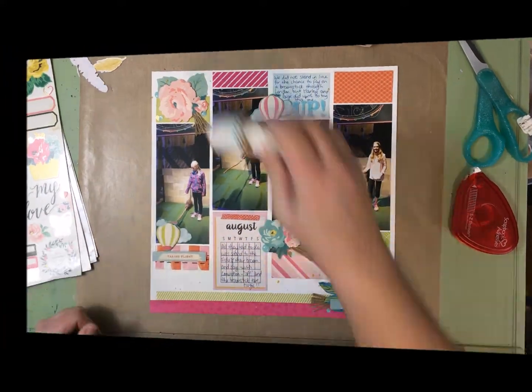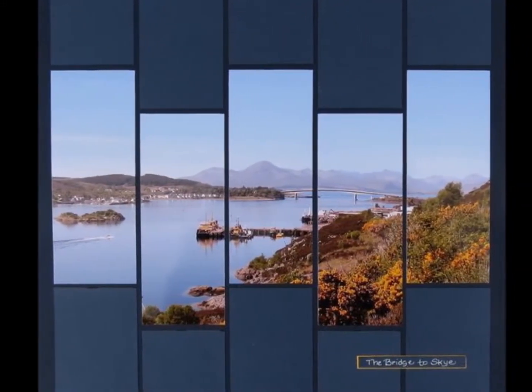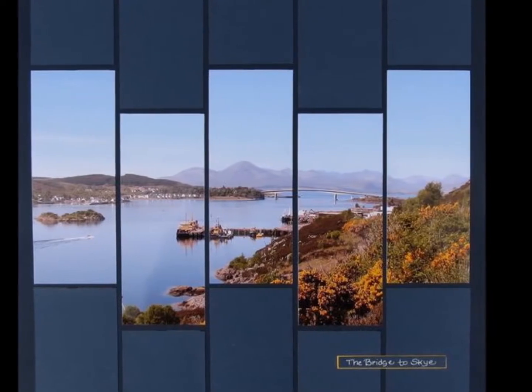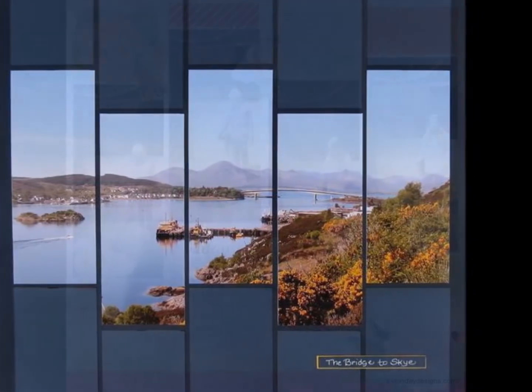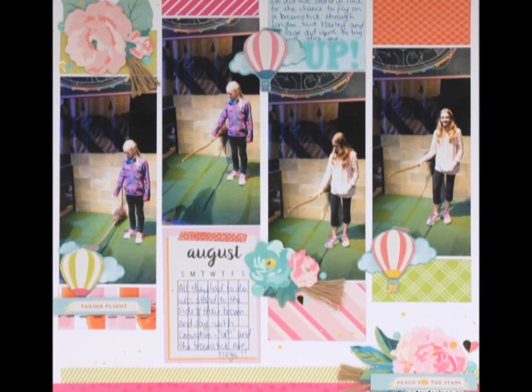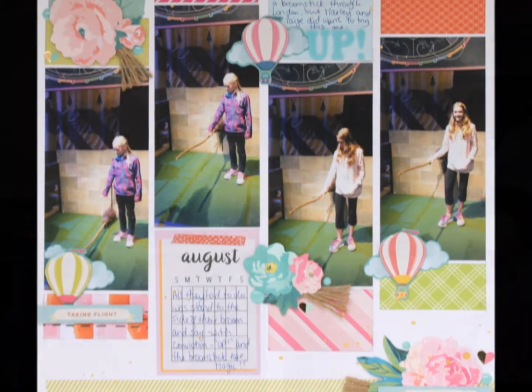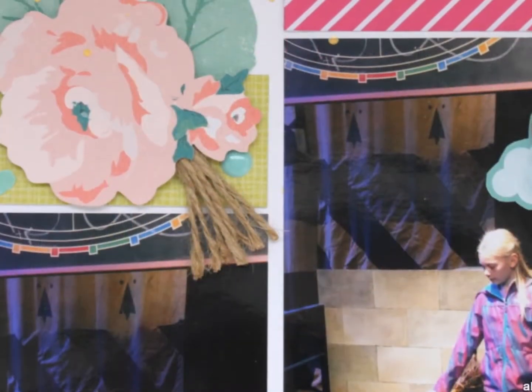So this is an image from Pinterest. This is the type of thing that I was talking about, where you take a large photo and chop it into strips and then offset them. So that's what has inspired me to do what I did with my photos, and I think it worked really well. So now you can just see some of these close-up